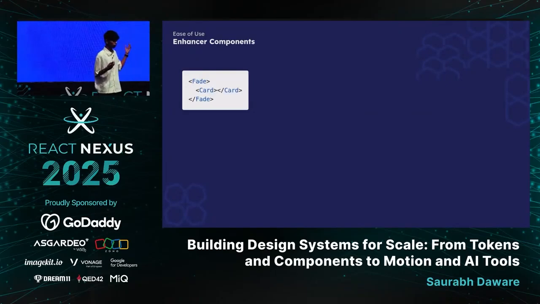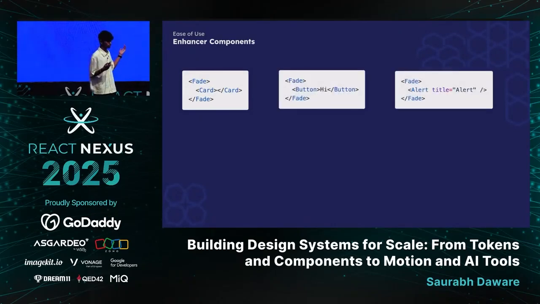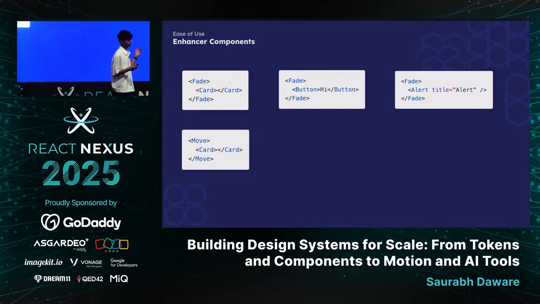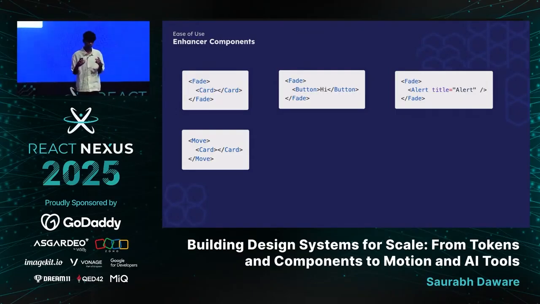So I have a fade with card in it. I can do the same thing with button. I can do the same thing with alert. I don't have to go and add a fade animation to every single component now. Just like fade, I can do other things as well, like move card. We have a slide card. So you can go and define animations that work with every component, and it's sort of consistent with how you